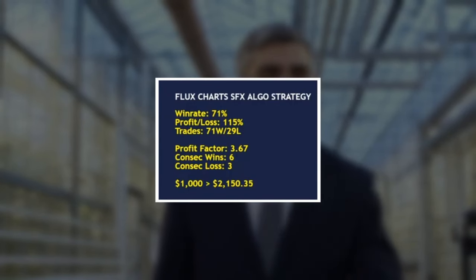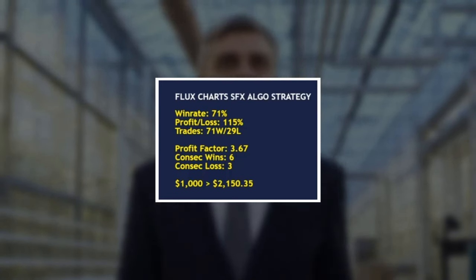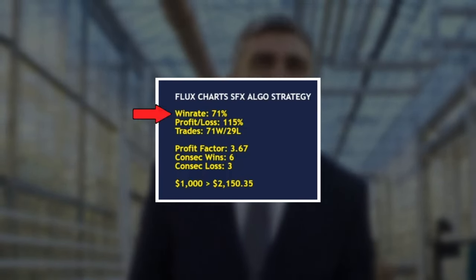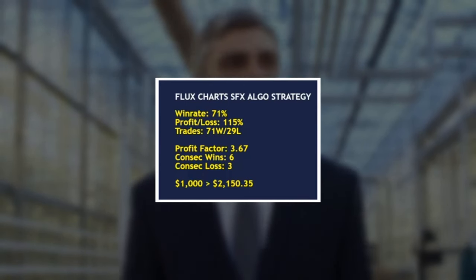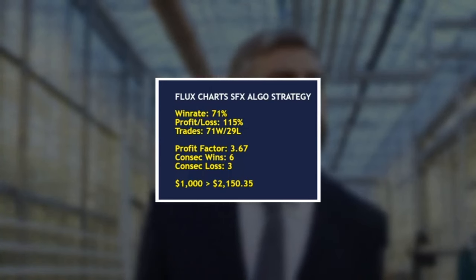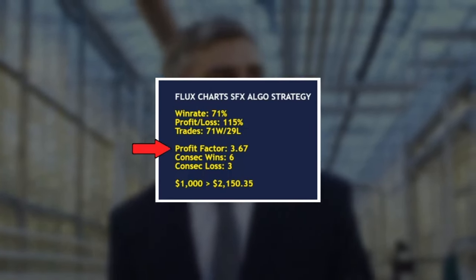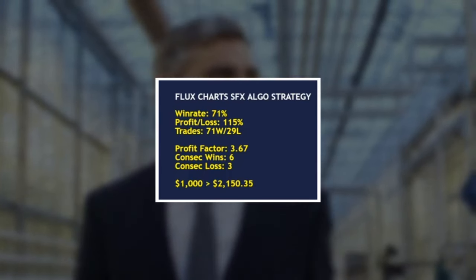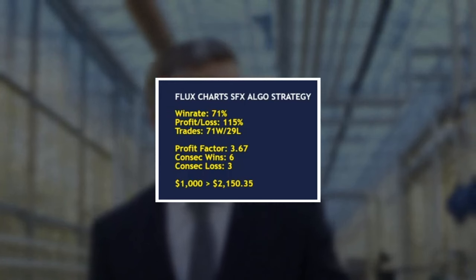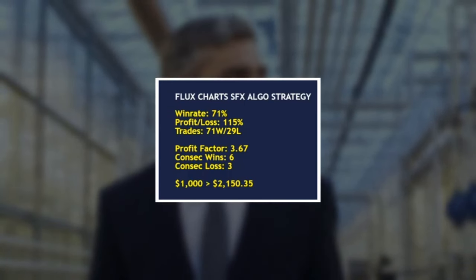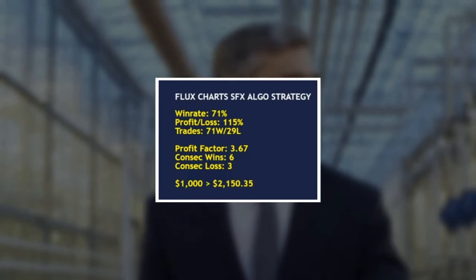And here are the results for the Flux Charts SFX Algo strategy. We had a win rate of an amazing 71%, giving us 115% profit on the account. And we had 71 wins and only 29 losses with a profit factor of 3.67. The best part about this is we had 6 consecutive wins over only 3 consecutive losses, which will do absolutely wonders for your psychology when trading. But we took the account from $1,000 all the way up to